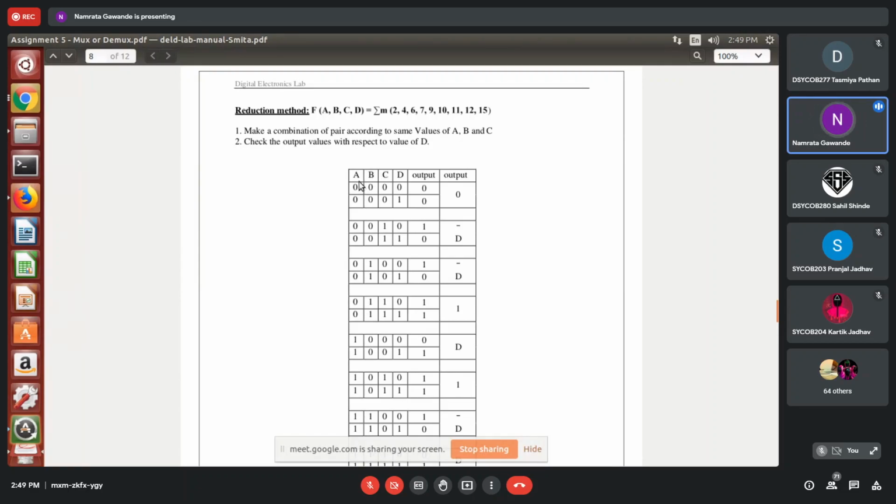So if I combine A, B, C, in the first 2 rows you can see the inputs are the same, 0, 0, 0, 0, 0, 0, right? So for these inputs, what will be the output that I want to find out? And for that, I will be comparing with D. So what will I compare? I will compare 0, 1 with 0, 0. But here both are 0. So I will simply place a single 0. Instead of these 2 rows, I will take 0, 0, 0 as a 0.